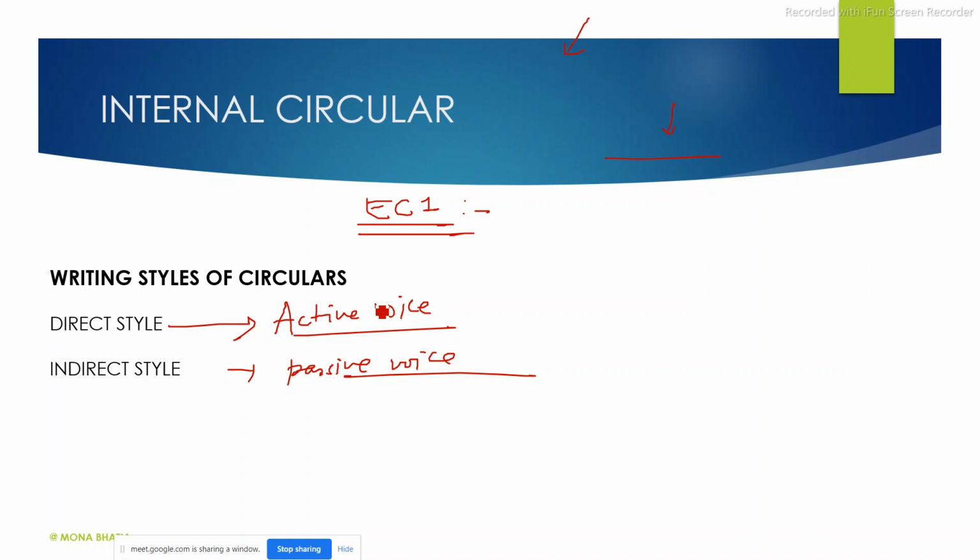right? For example, जैसे आपके invitations होते हैं, they are in passive because they want your, we seek your solicitous presence during our this opening ceremony. So that is something which is not authoritative, but because you are seeking their presence, you want them, you're hoping. So these are internal circulars and the different writing styles, which is direct and indirect writing style.